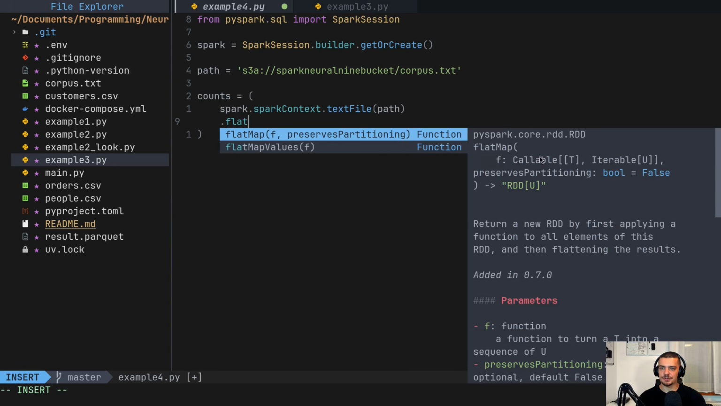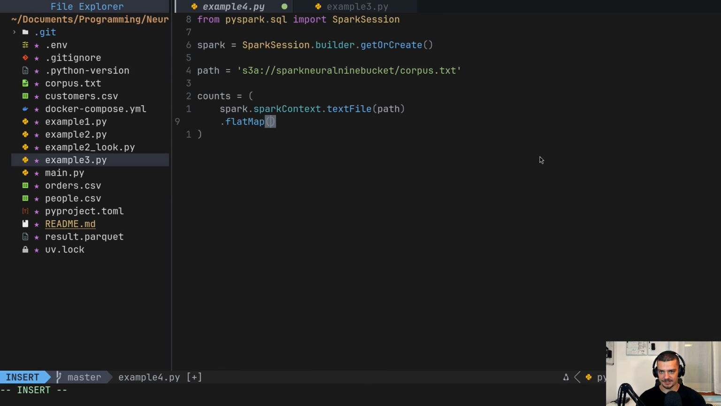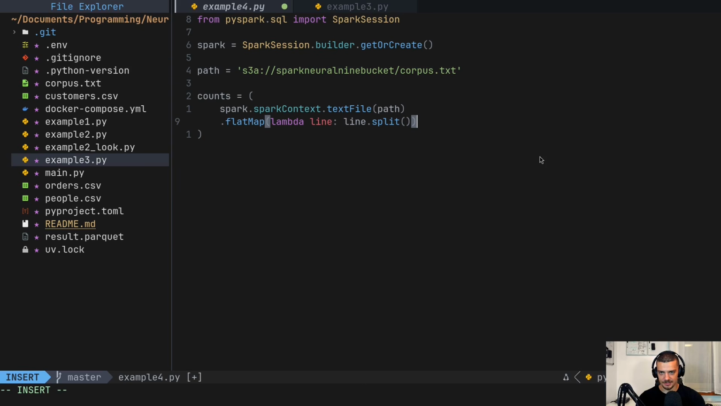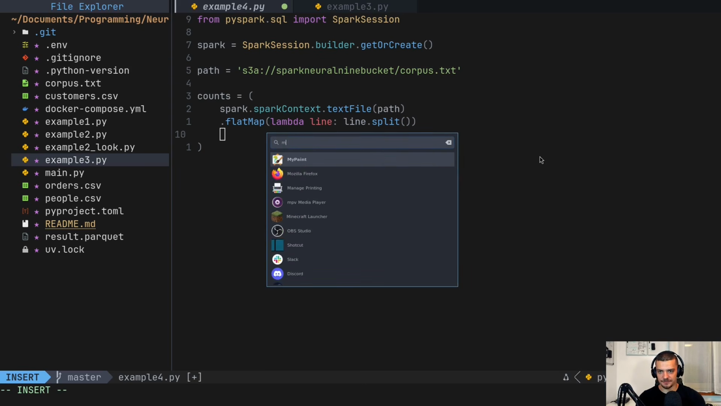And here now we use flatMap. So we're going to take the lines, we're going to map them to individual words. So lambda line will be line.split. This is quite simple. And the general idea of MapReduce, for those of you who don't know about this, I'm